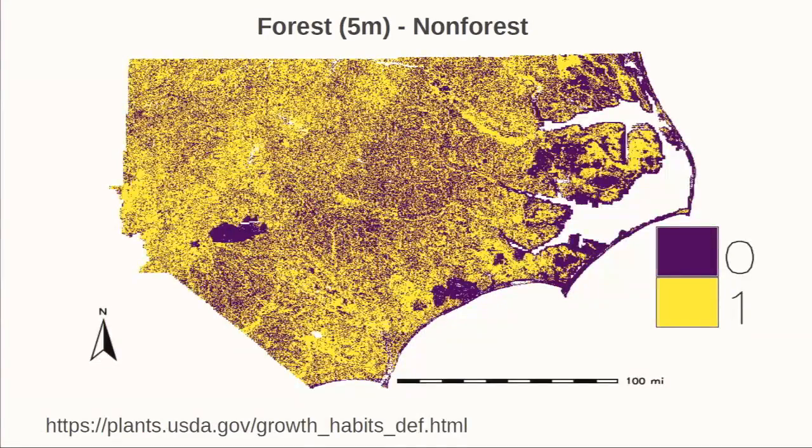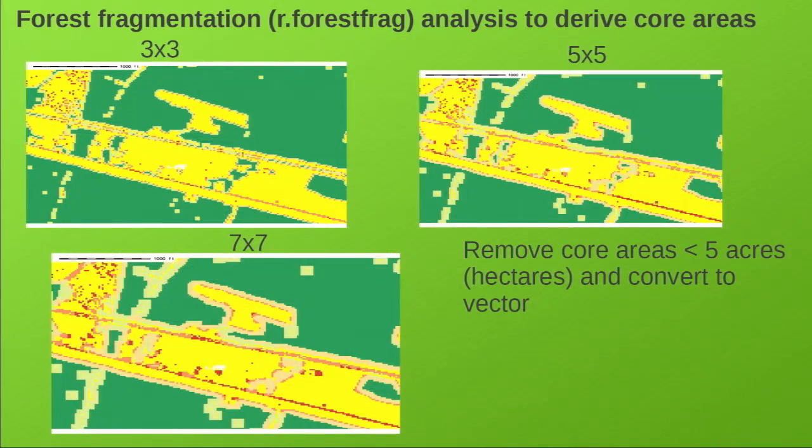Then you can also make it a little simpler and go to forest, non-forest, where your buildings are non-forest, and anything below 5 meters is non-forest and everything 5 meters and above is forest. And that allows you to do analysis of fragmentation. There's a forest frag in GRASS that I've done, and as you go in different neighborhoods doing the fragmentation, it